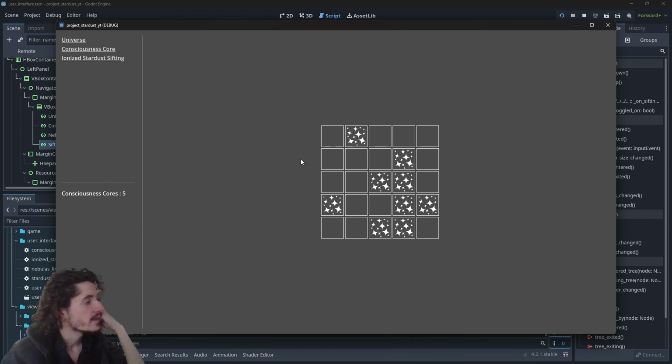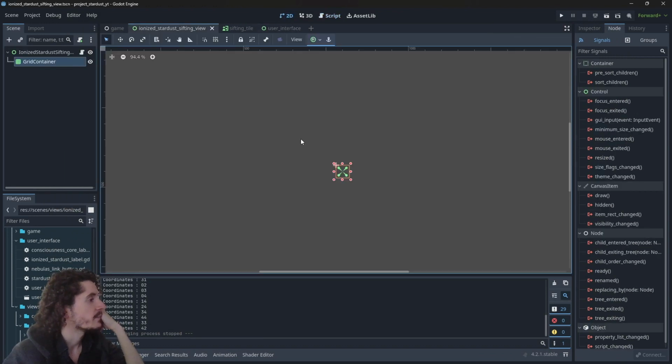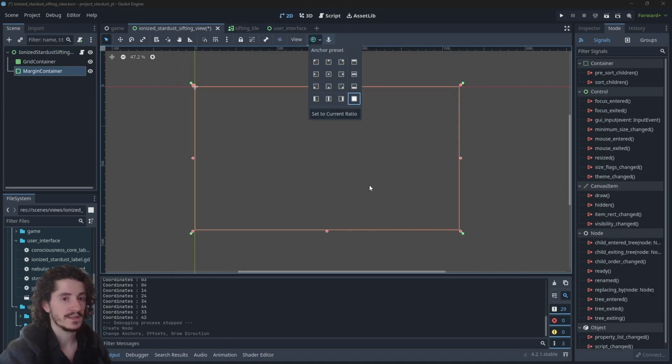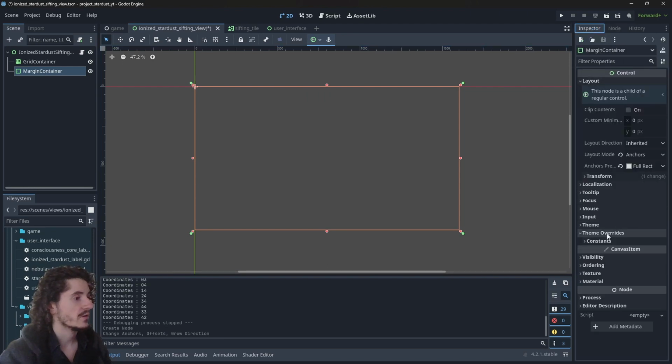Okay. Now we actually need to have this consuming ionized stardust. Or maybe we should start by adding a button to reset the grid. That could be cool. Let's create the button first. So here, right, we have the view with the grid container. So what I'm going to do is I will add a child node, which will be a sibling to the grid, and that will be a margin container, which is taking the entire space. I will have a 64, let's say, margin on every side,